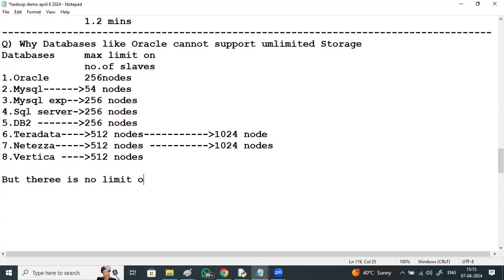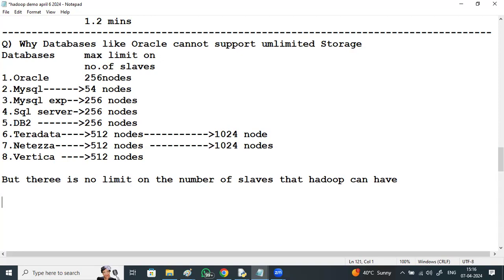But there is no limit on the number of slaves that Hadoop can have. Unlimited scalability, horizontally unlimited scalability.